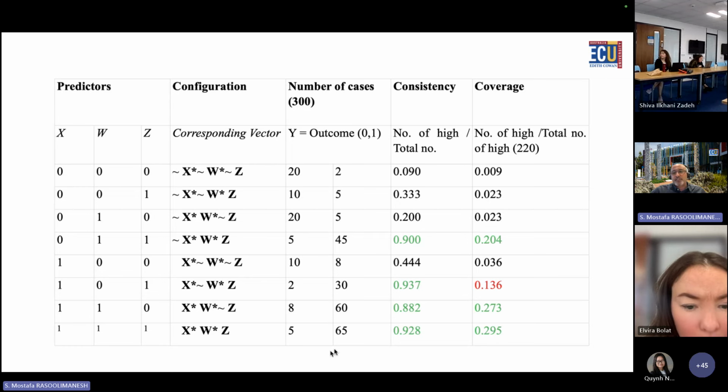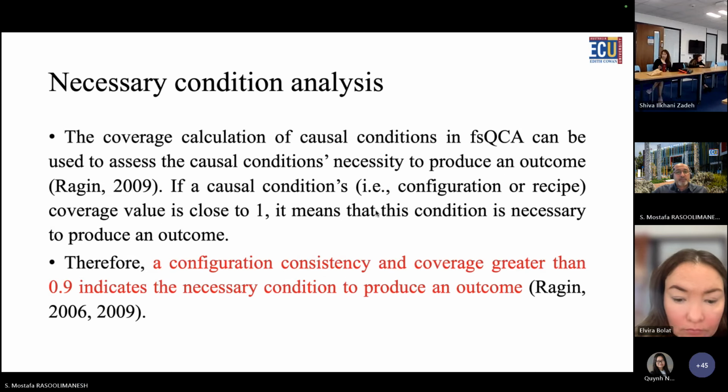Also you can see different other configurations, and here I try to calculate consistency and coverage in a very simple way. This is for sufficient, actually, a configuration or combination of factors. So we need to calculate consistency and coverage, and based on their values, we can identify